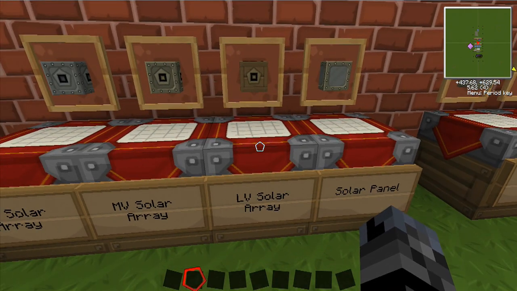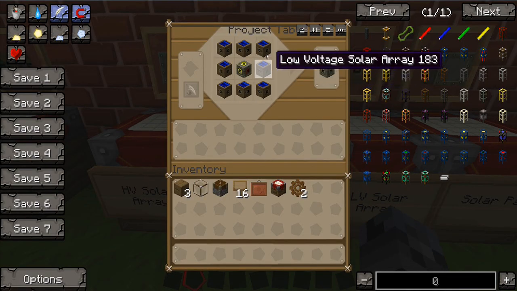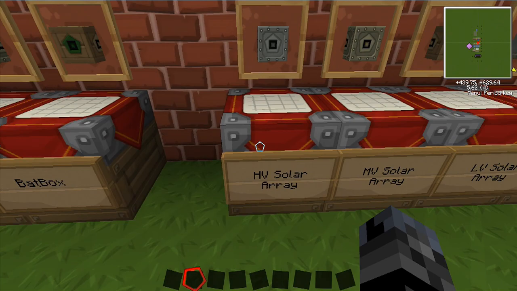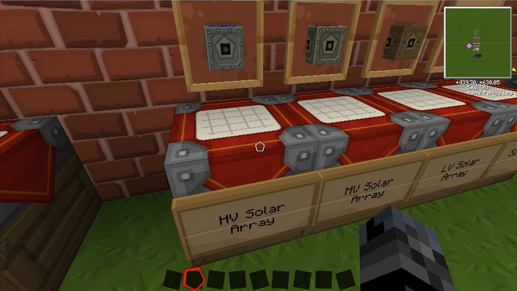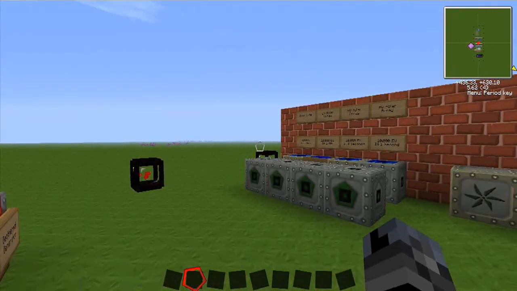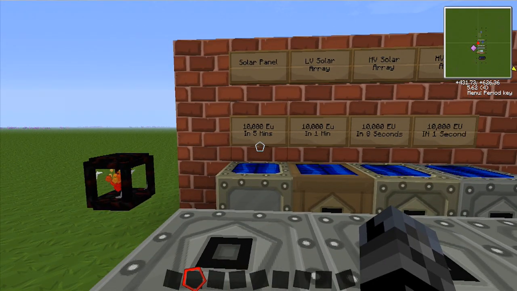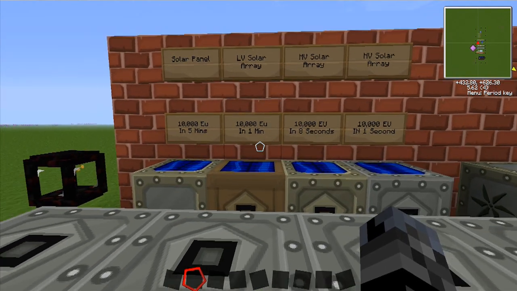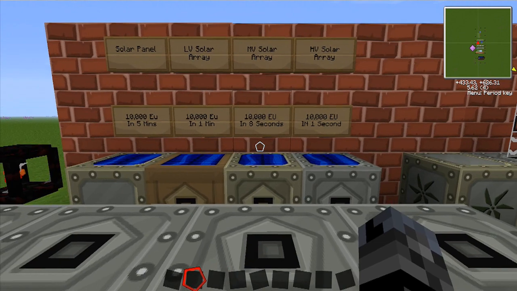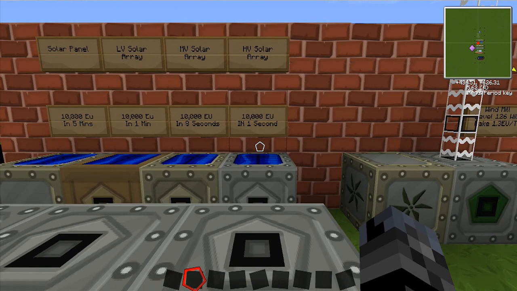solar array. Now you're going to need 8 low voltage solar arrays just to make one medium voltage solar array, and then to make a high voltage solar array you need 8 medium voltage solar arrays. So it gets expensive as you go up, but the thing is, the further you go up, the better it gets. For example, the solar panel takes 5 minutes to make 10,000 EU. Low voltage solar array, 10,000 EU comes in 1 minute. Medium voltage solar array, 10,000 EU in 8 seconds, and the high voltage solar array is 10,000 EU in 1